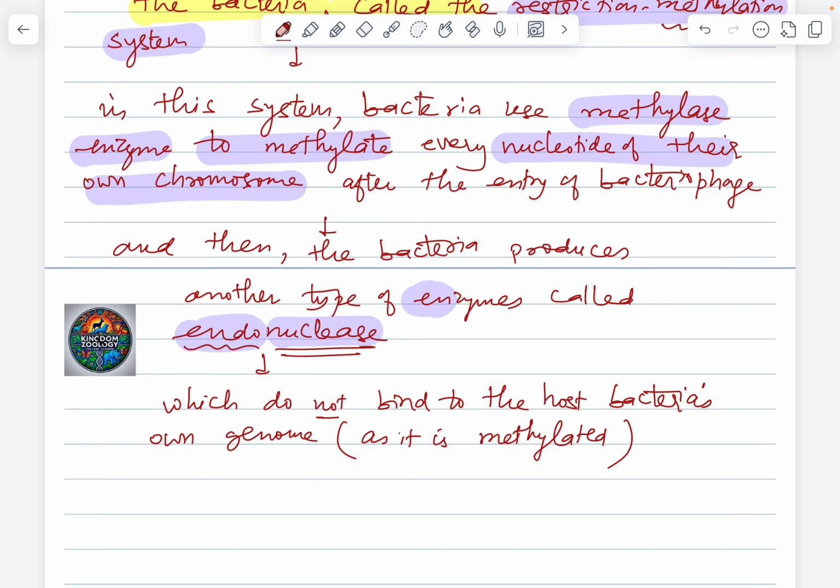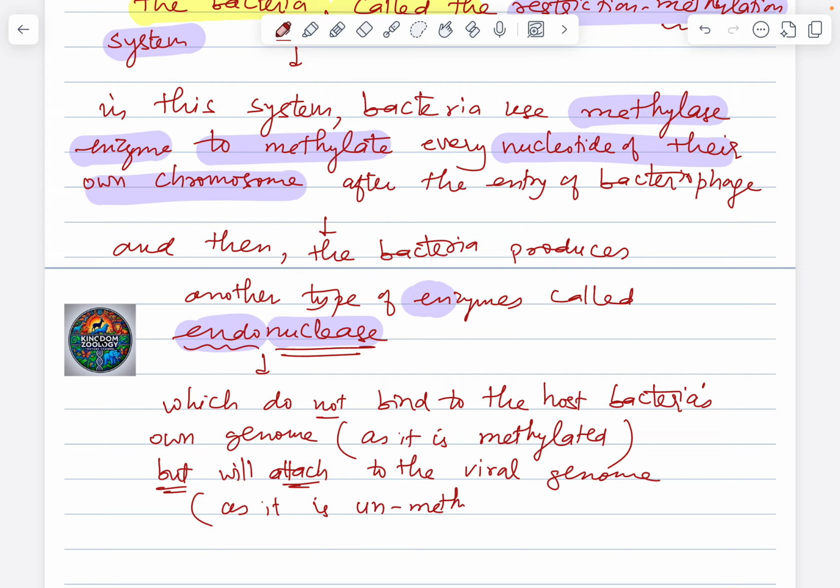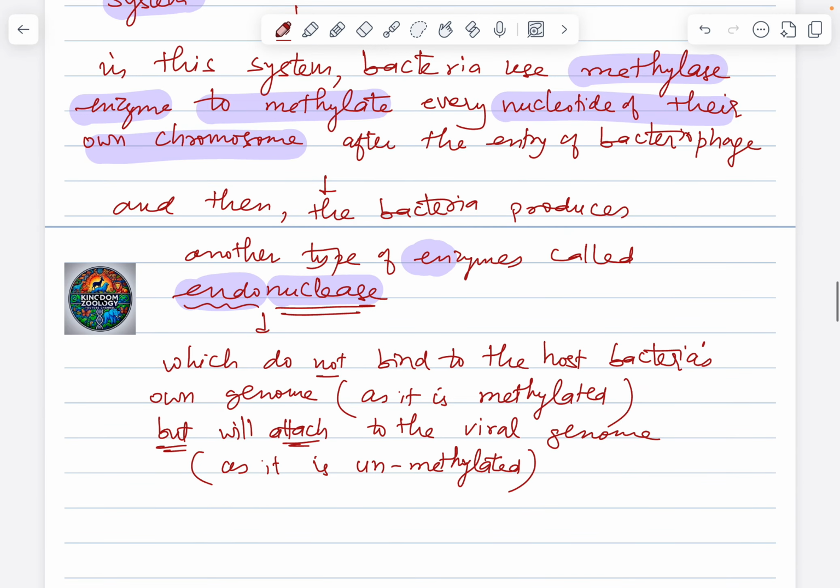So endonucleases do not bind to the host bacteria's own genome, but will attach to the viral genome. Why will they attach to the viral genome? Because the viral genome is unmethylated. Because the bacteria methylates only its own genome, not the viral one, obviously. So the endonucleases will attach to the viral genome